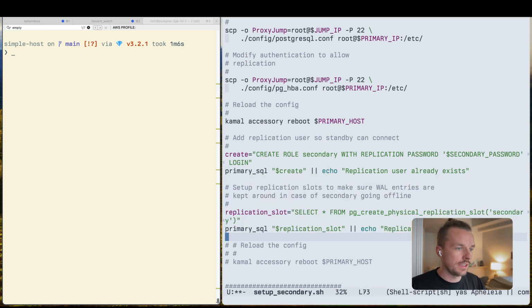And then the next thing we need to do is set up the replication slot. On the primary, the replication slot, as we talked about before, keeps track of the WAL entries that a secondary needs to read. So we just use the built-in Postgres function, pg_create_physical_replication_slot. You can also create logical replication slots, which we will talk about maybe some other day. So we run this command, and it will create a new replication slot for you to use, and we're calling